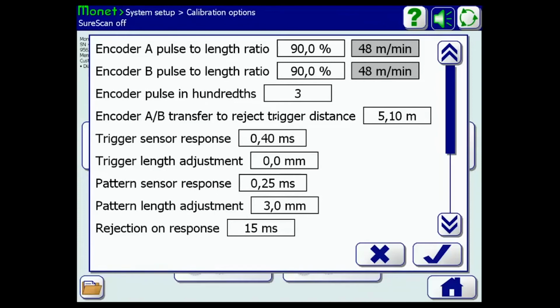That tells the system that everything 5.1 meters prior to the reject trigger would have encoder B assigned to it, which is where trigger 2 is. And everything upstream of that 5.1 meters from the reject trigger, measuring upstream, would have encoder A assigned to it. So that's what allows us to have trigger 1